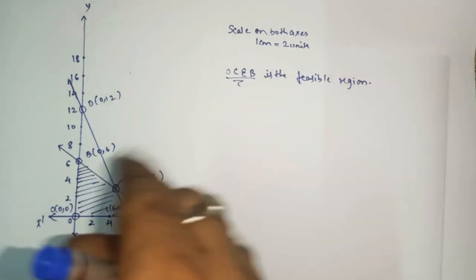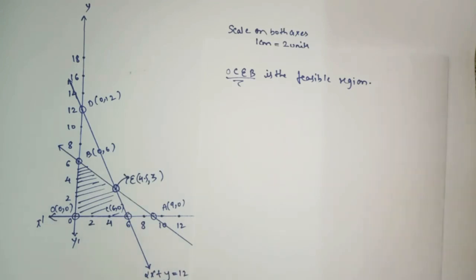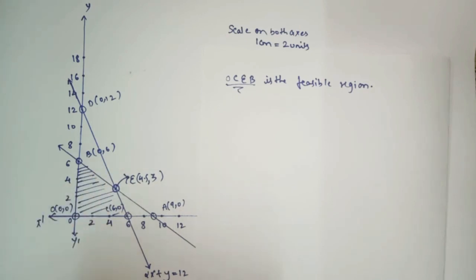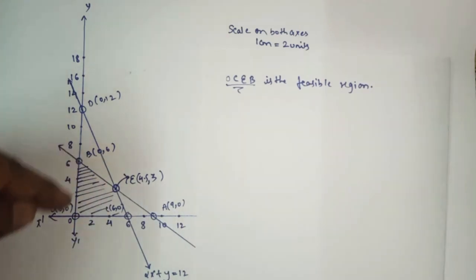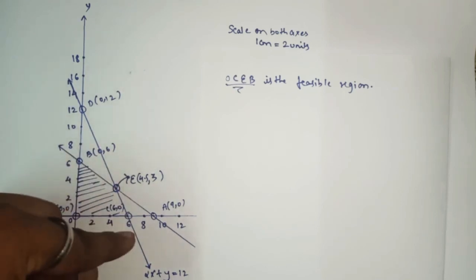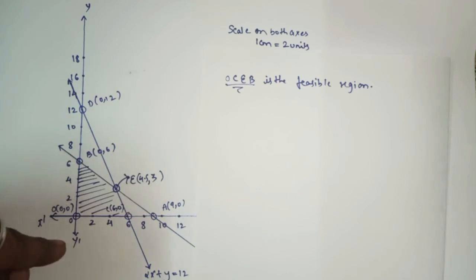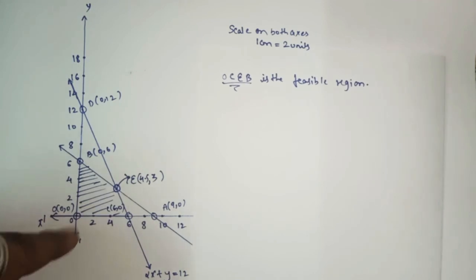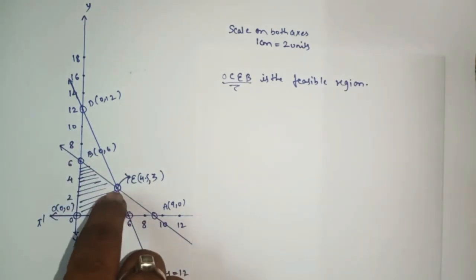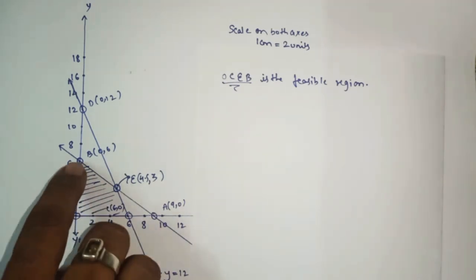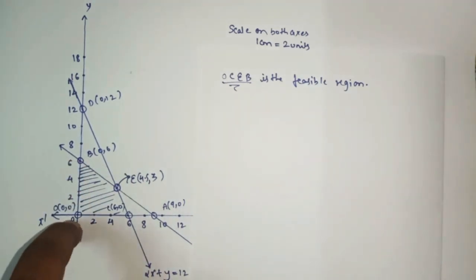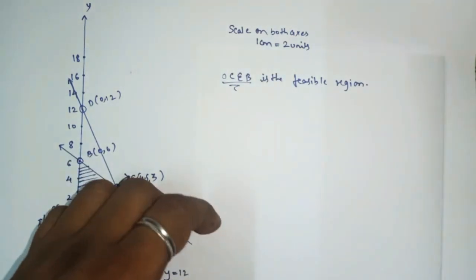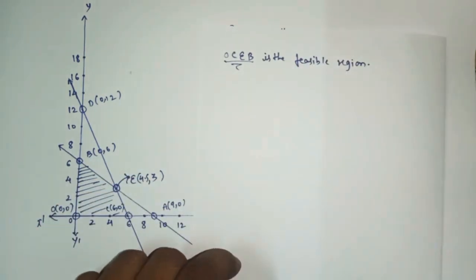If you draw the shaded region somewhere else, straight away the answer will be wrong. Okay, so for this sum, the feasible region is here. Here we got four vertices. Somewhere, at some point, the value of z will be maximum. So from this you will get the proper answer. Z will lie at B, or at O, or at C, or at E. So now that portion we have to solve. That is the next step.